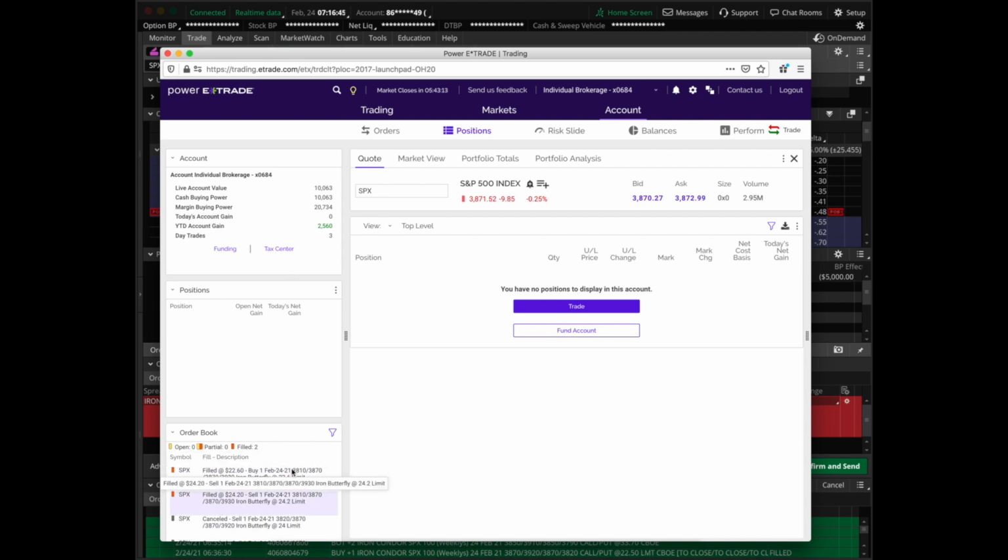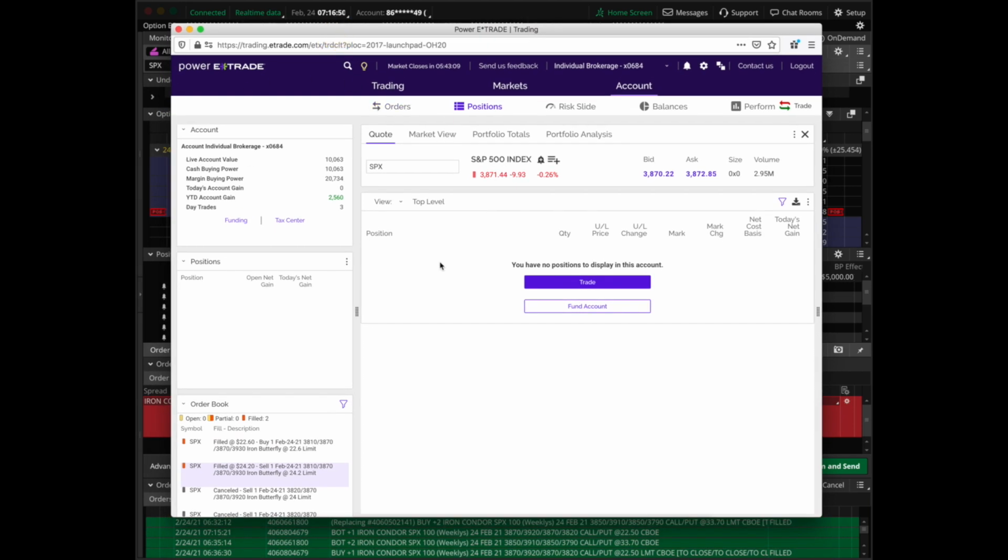Okay, this is a weird thing about E-Trade. At least whatever version I'm using here, I don't know if this is its desktop version, but if you can see here, it says my account gain is 0. My year-to-date account gain has not updated, and yet I was filled. So I made my $160. Let me try and refresh this and see if it...